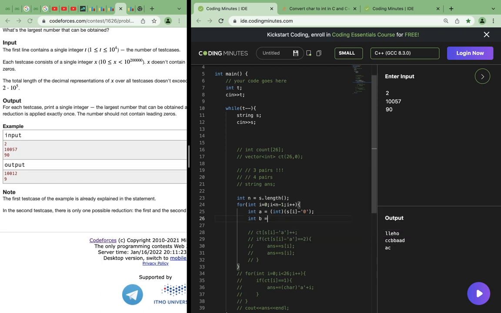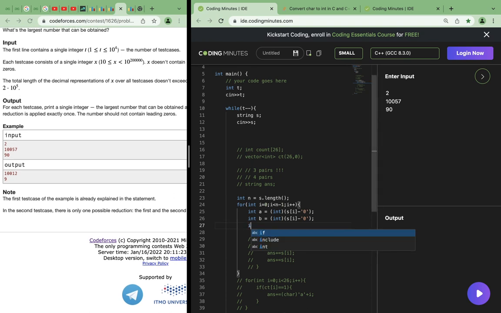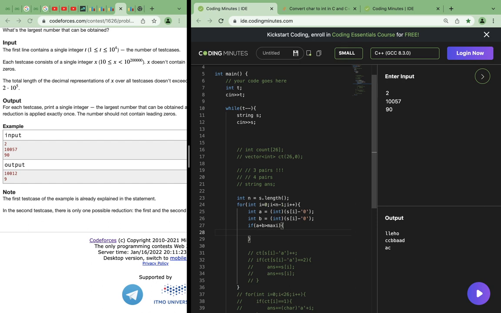And int b should be equal to... I don't need to write int, it would be obvious, but let's just write it. And then what we do is, if a plus b is greater than maxi, then